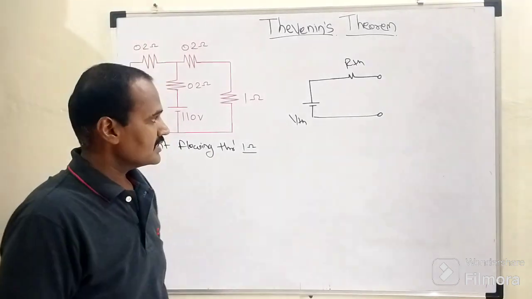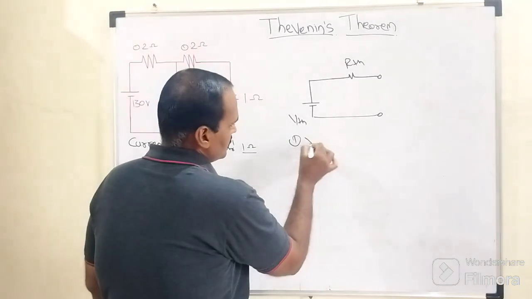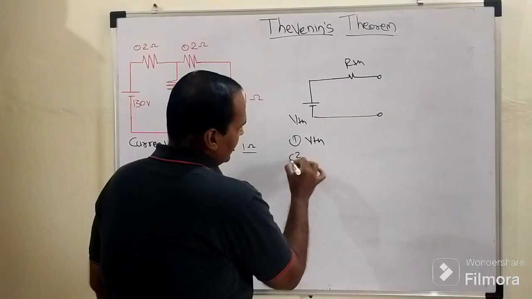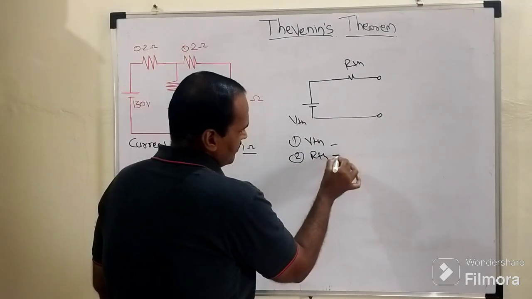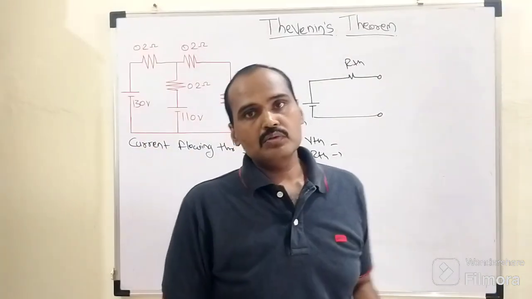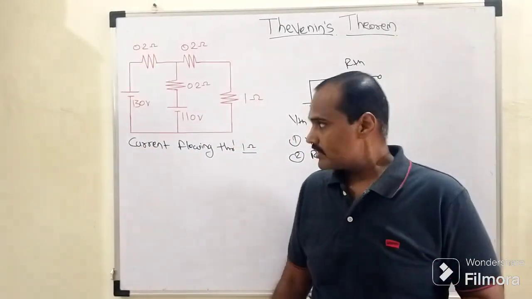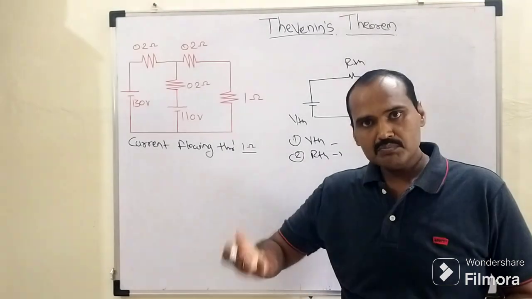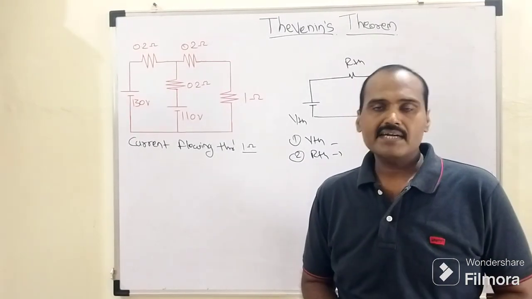So what we need to understand is these two steps: how to determine this V Thevenin and how to determine this R Thevenin. There are certain design rules of this Thevenin theorem. With the help of this existing network, we will come to know how to use the basic strategy of